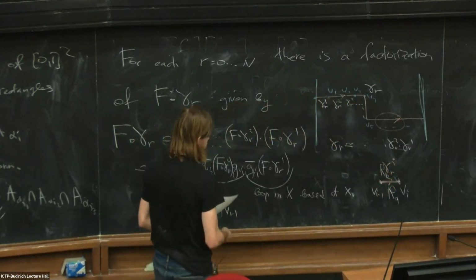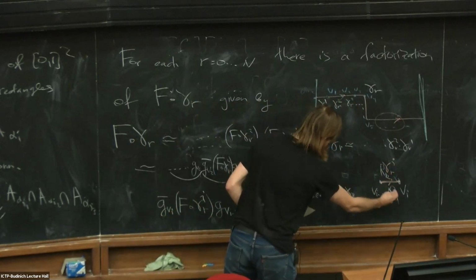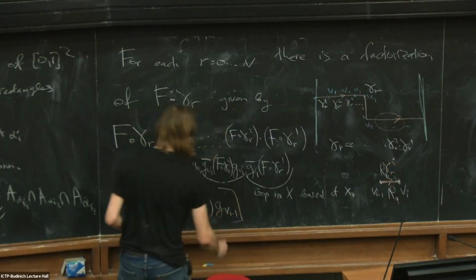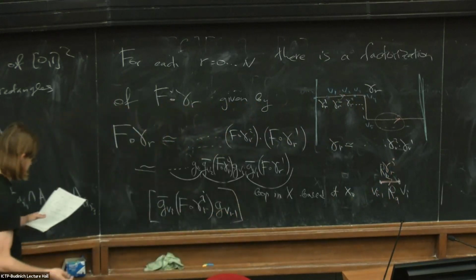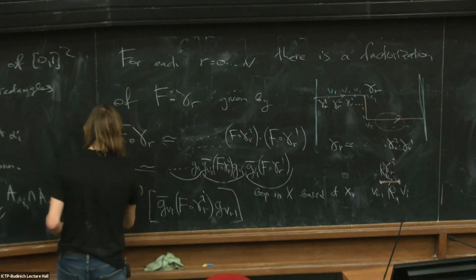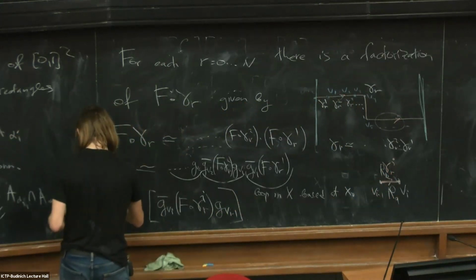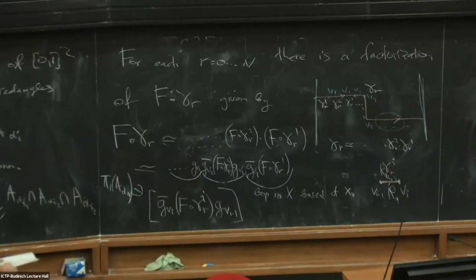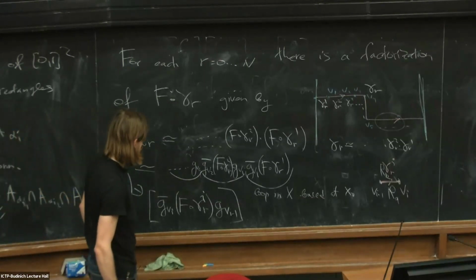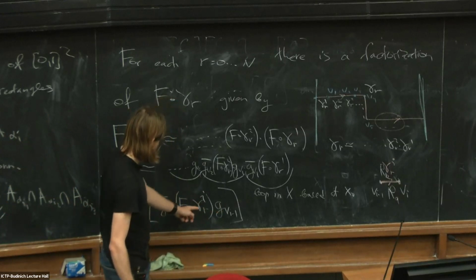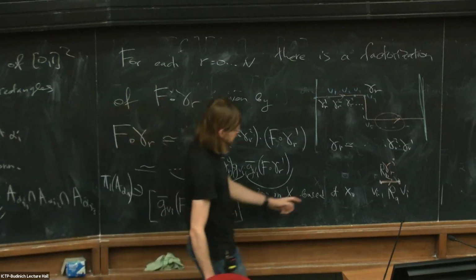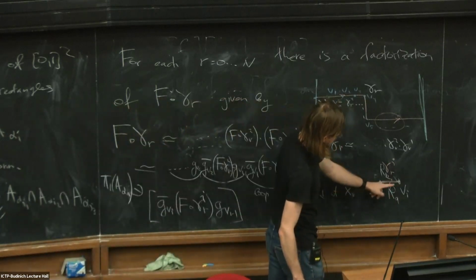If you consider this edge as an edge of RA, you can say that the homotopy class of this loop belongs to pi1 of A alpha A, right? Because by construction this is contained in A alpha A,